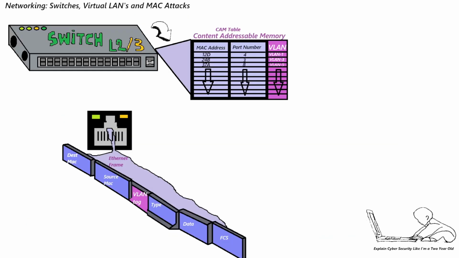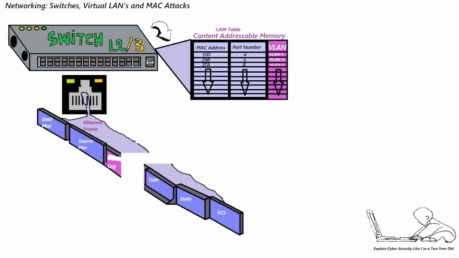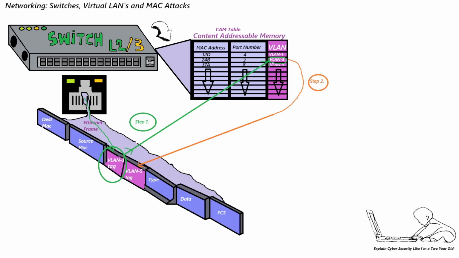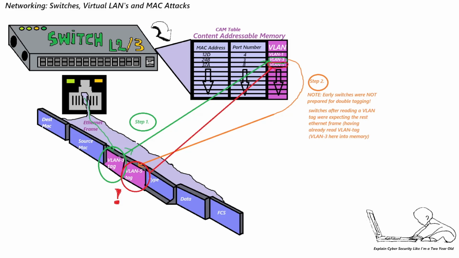And in this last section, let's use some applied knowledge to look at some cybersecurity attacks on all the concepts we have explained throughout this video, starting with the VLANs. Remember the VLAN encapsulation header inside the Ethernet frame? Well, early switches were not prepared for attackers to think outside the Ethernet frame box by adding an extra tag known as double tagging, aka VLAN double tagging, a bit like the IP ping of death, where attackers circumvent the original protocol, which was never designed to be exploited in such a way, especially so many years into the technology future. A common theme of cybersecurity: legacy systems not keeping pace with technology advances.